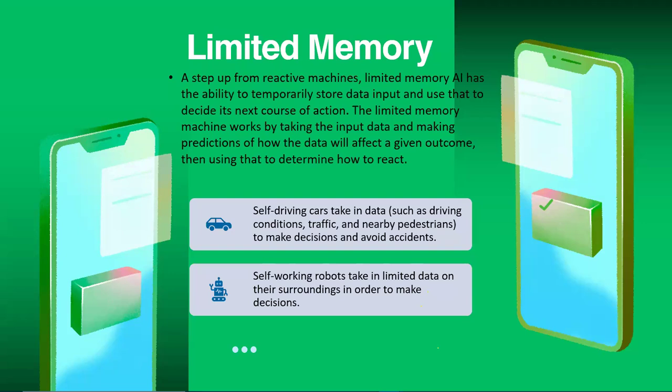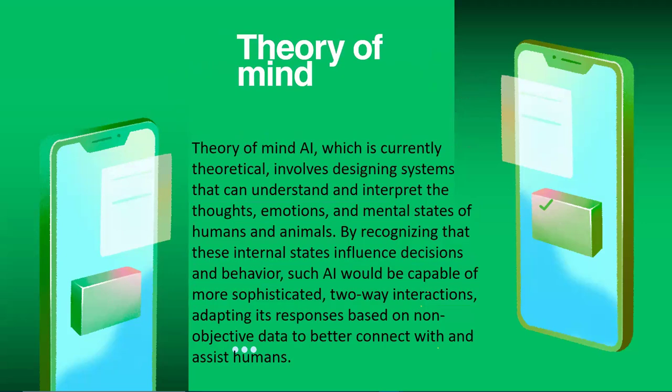Now, the next 2 types of artificial intelligence are mainly theoretical, right, which is the theory of mind. And this involves having artificial intelligence that can interpret thoughts, that can interpret emotions, right? Think of it like communicating with ChatGPT. Only it's able to look at you, it's able to understand your thoughts, it's able to understand your emotions. You know, we've watched movies where you see robots try to, oh, you look sad. What is happening? What is wrong? You look sad. So we have these machines that are able to understand human emotions just the way you are when you are conversing with a friend.